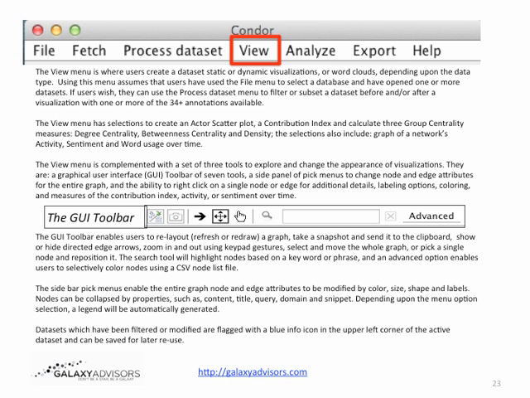So in essence, you can kind of play a movie and watch how the conversation is changing, or tweets are changing, or email focus of your text. The view menu is complemented with a set of 3 tools to explore and change the appearance of visualizations. They are a graphical user GUI toolbar of 7 tools, which I have in that picture below. A side panel of pick menus to change node and edge attributes for the entire graph, and the ability to